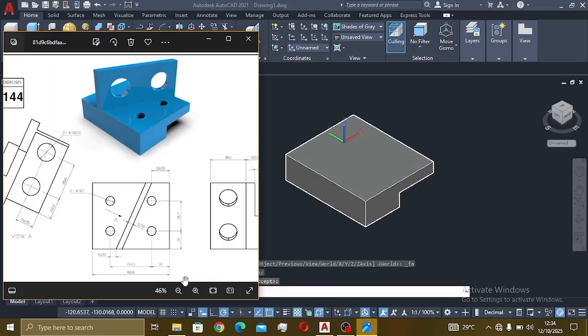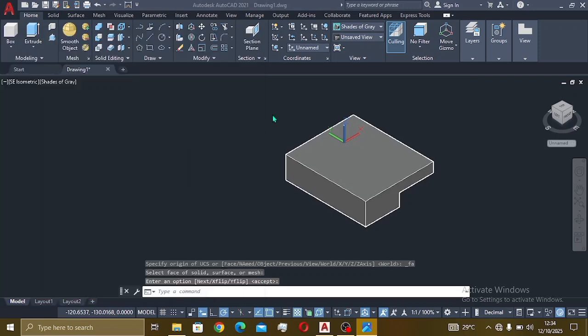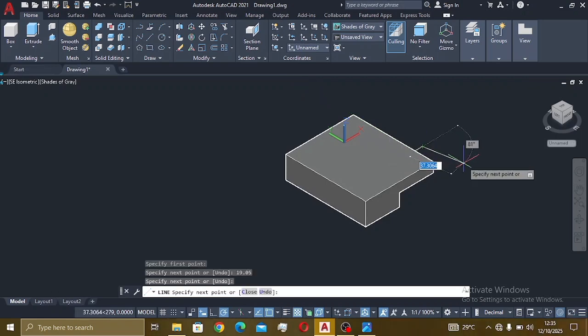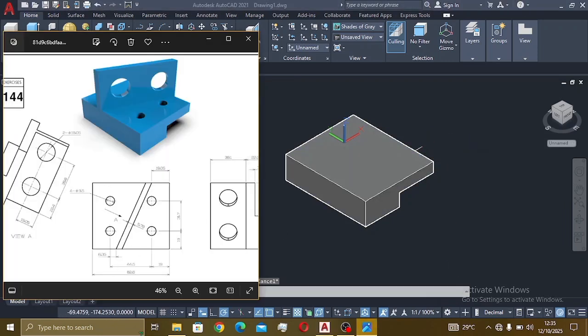Then we come to this, we have 19.05, so select line, 19.05, enter. So we leave it this way, 19.05, and then